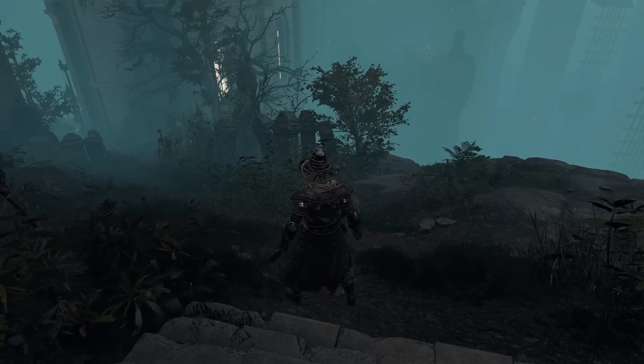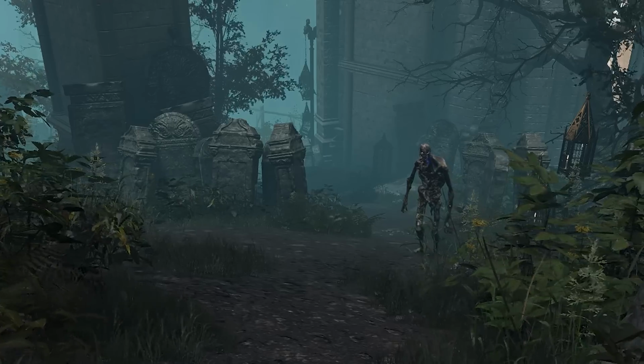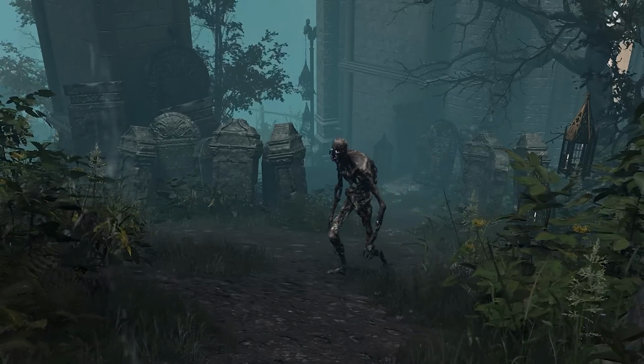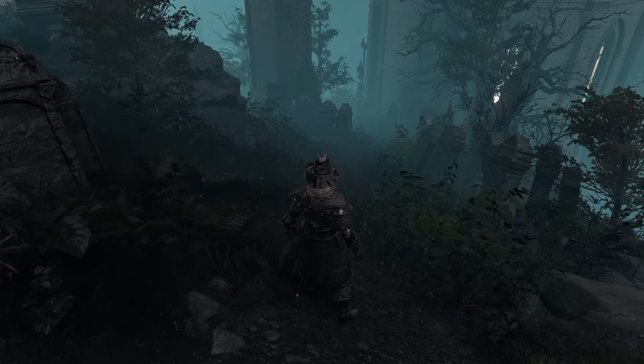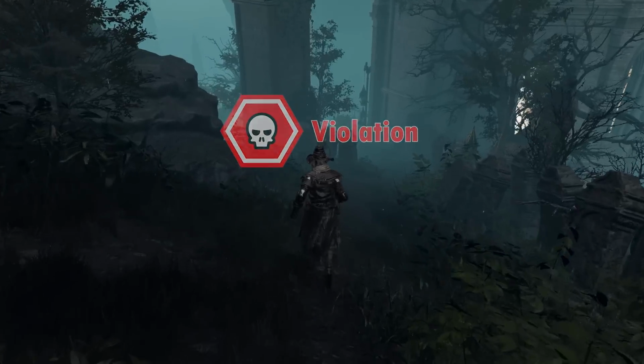This is a graveyard. And that guy's a zombie. What type of school is this? I suppose it doesn't matter. Zombies are famously unstable and dangerous creatures. That's definitely a safety violation. If he sees me, he can pop off and...